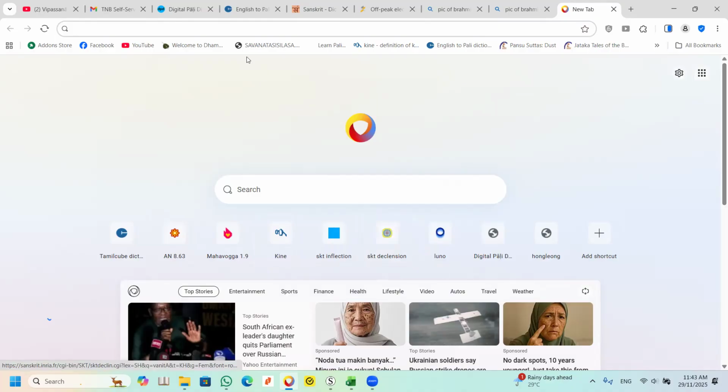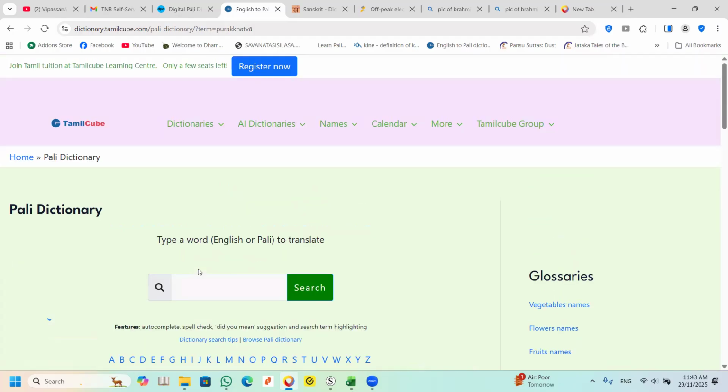So powerful, Brother Alfred. This is the first dictionary I use. Tamil Cube. This is my first Pali Tamil dictionary. This is my first dictionary that I used for a long time. This is my first. There is another one,